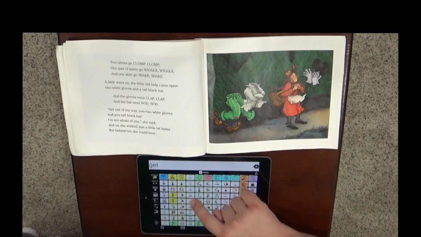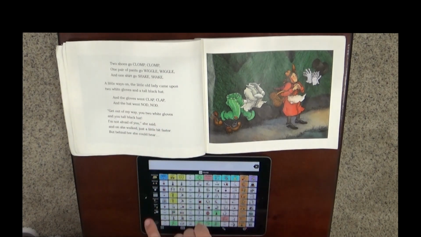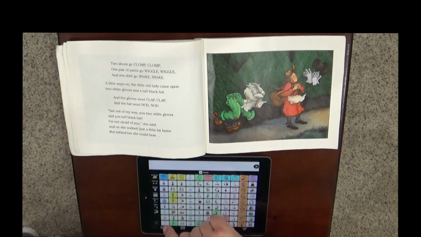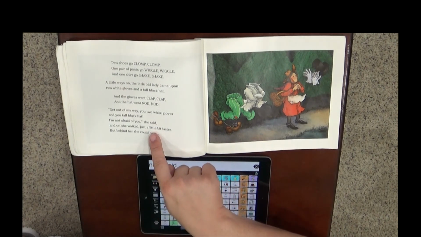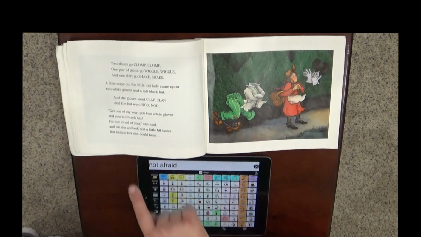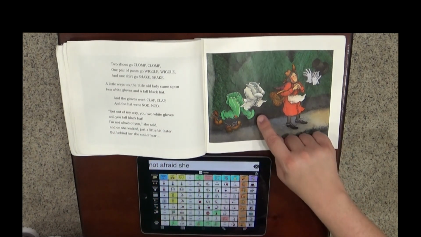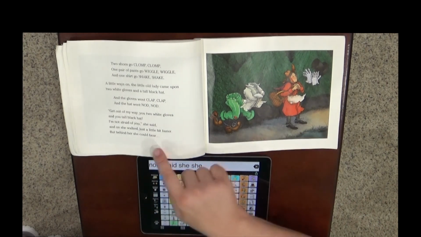Get out of my way, you two white gloves and you tall black hat. I am not afraid of you, she said, and on she walked, but just a little bit faster. But behind her, she could hear